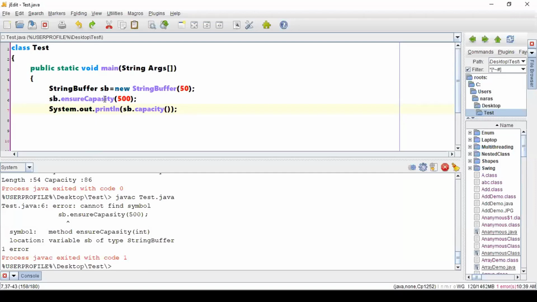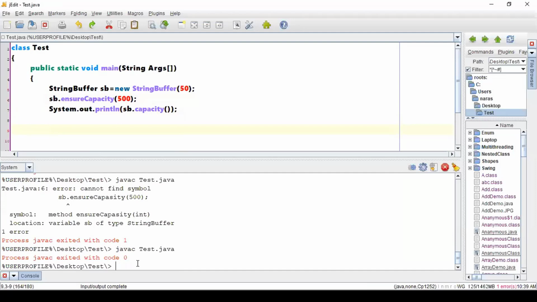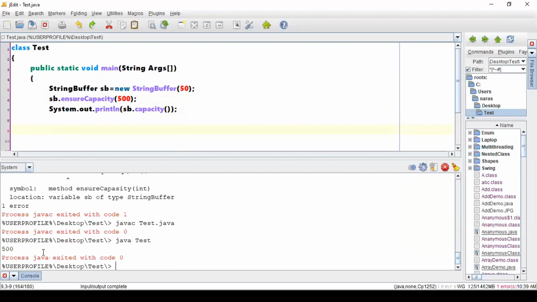Oh, it is not that, it is the other one. Right. So it is showing 500, so now the string buffer will have the capacity to hold 500 characters. See, I have not put anything into the string buffer. By just using ensureCapacity, I'm cross checking what the new capacity might be. So it is showing 500 for me.